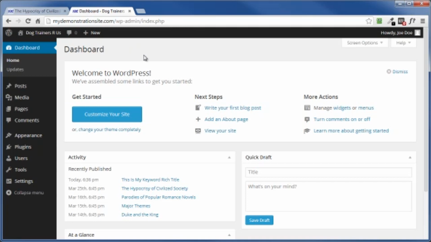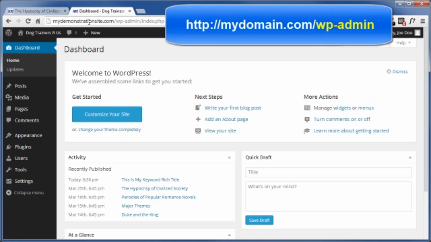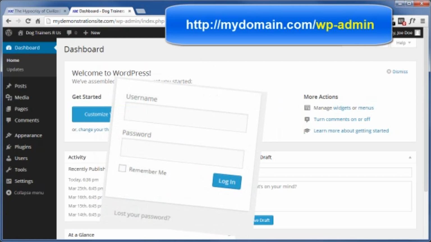Now, I've already logged into my dashboard area, and if you have not or have never logged into your dashboard area, just go ahead and type the URL to your WordPress site up here in the address bar of your browser, followed by /wp-admin, hit enter on your keyboard, then just enter your login credentials in the box that pops up,